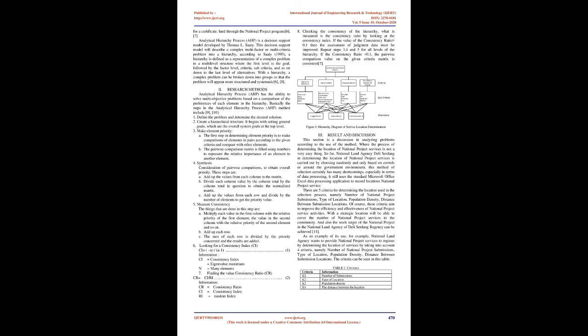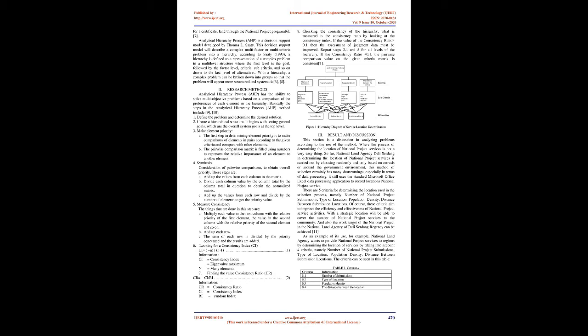However, over time the submissions for national projects were increasing every year. In 2015 the number of national project submissions reached 2,500 fields. This is a challenge and a problem that must be faced by the National Land Agency. In this National Project Service Program, service officers often find it difficult to choose the location of services according to the criteria of the right community to be served because it is still done randomly or only in a governmental environment such as in a sub-district.